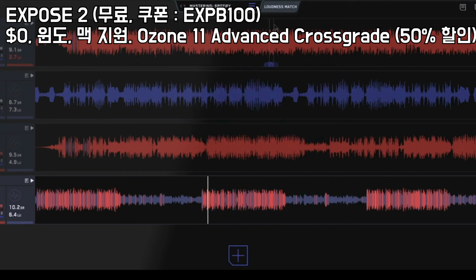The next thing I want to do is turn on the loudness match. And as soon as I do that, all of these different tracks, if I flip from one to the other, should sound relatively the same. And by that, I mean they're going to have the same LUFS volume, which is the volume that Spotify is going to use. And if I come here, Spotify uses -14, so that's kind of the default position,